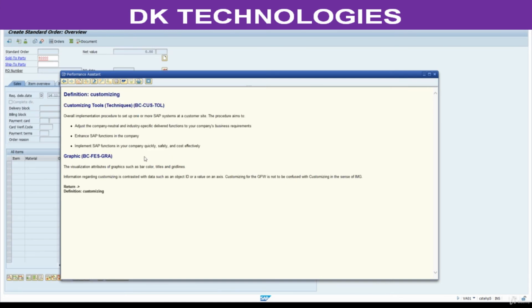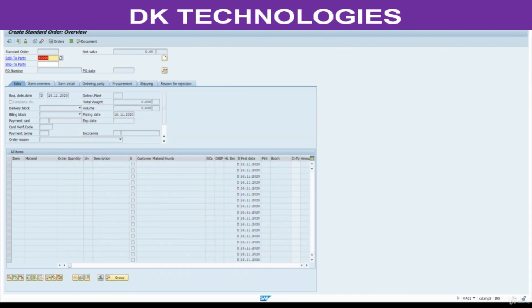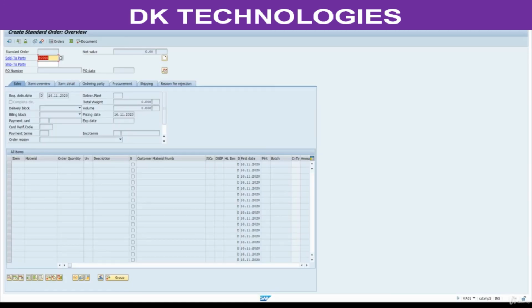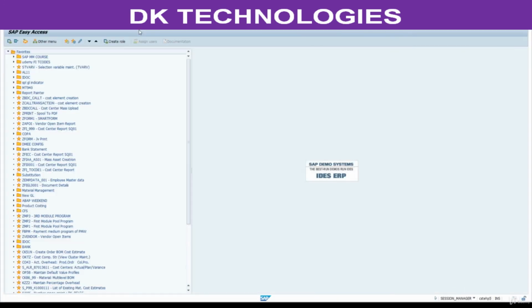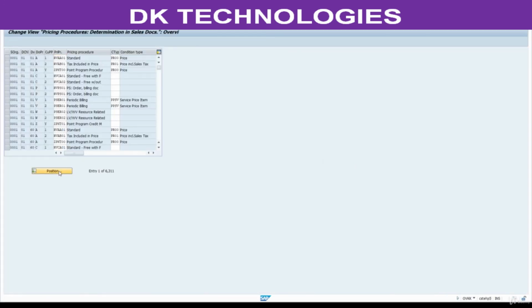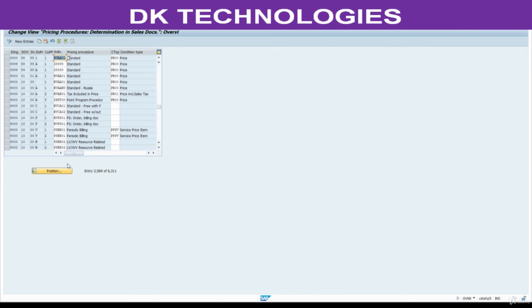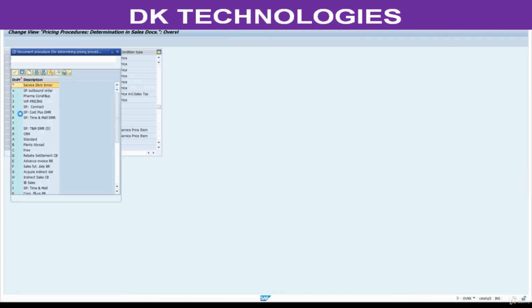Go to customization. The reason why we are not getting it, see here we selected 1. We are supposed to select A there. See here we are supposed to select A here, document pricing procedure.